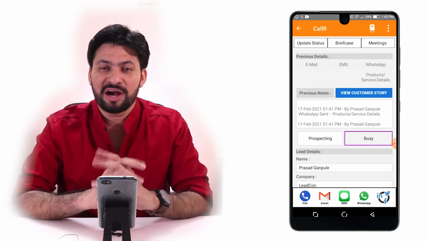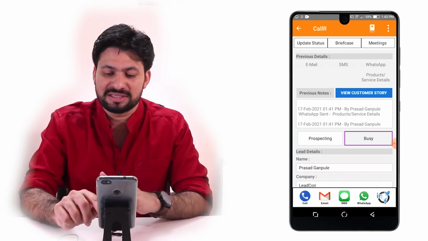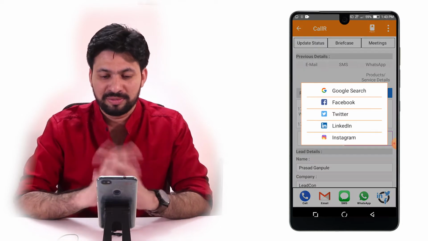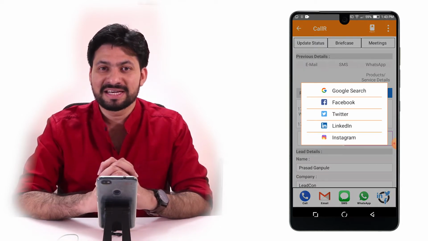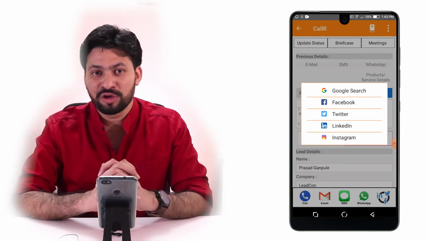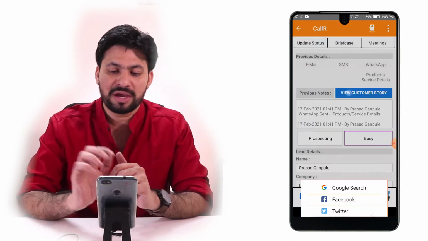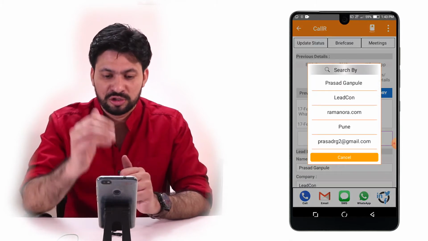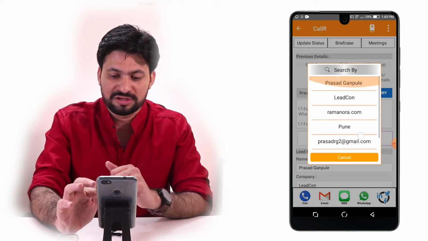Now to check out the social media connect that we have added next to WhatsApp, you can see the social media connect. The best part of the social media offerings that we offer is basically under the section of knowing your customer better. We have added this element where you can actually do a Google search. So I've got details here. I can actually do a Google search on all these different parameters.